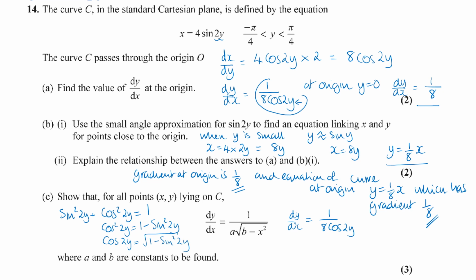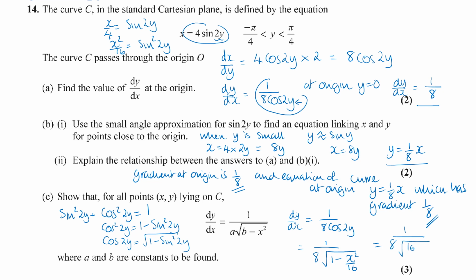We can go back to our original equation and get that x over 4 is equal to sine 2y. So x squared over 16 is equal to sine squared 2y. So this is going to be 1 over 8, cos 2y is 1 minus, now in terms of x, that's x squared over 16. So this is going to be the same as 1 over 8 times